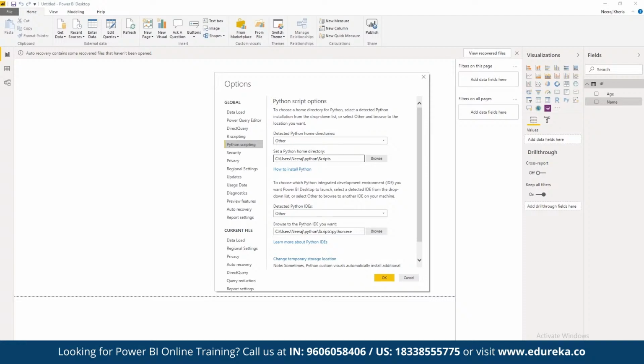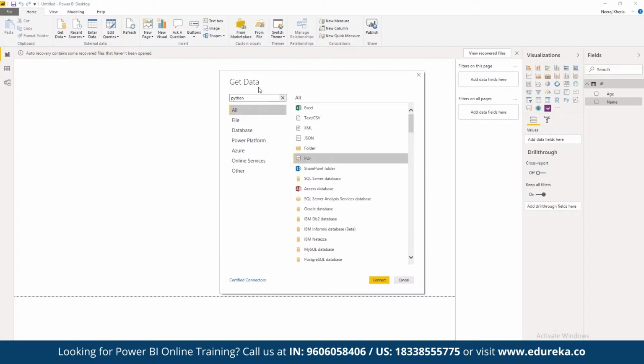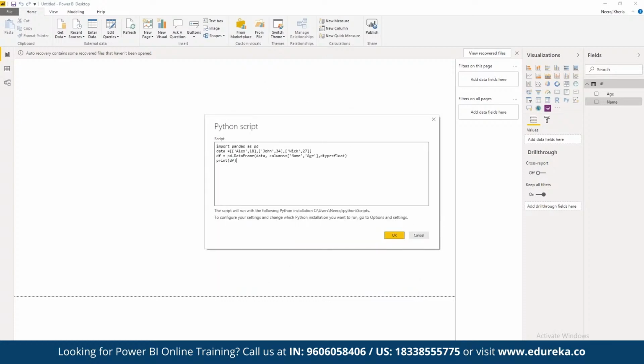Here we have to make sure that we are using the Python home directory where we have the interpreter configured, and then we can define the Python executable file. So when we run any script, this entire interpreter is going to be referred, where it is going to look for any kind of library, and all the scripting is going to be rendered by this particular interpreter. Right? So once we have configured that, then we can click on get data, and here we can choose Python script as a part of the data source. So here we can choose Python. If we want, we can search for the Python script data source, and here we can enter the entire script for Python that we have imported and want to execute,